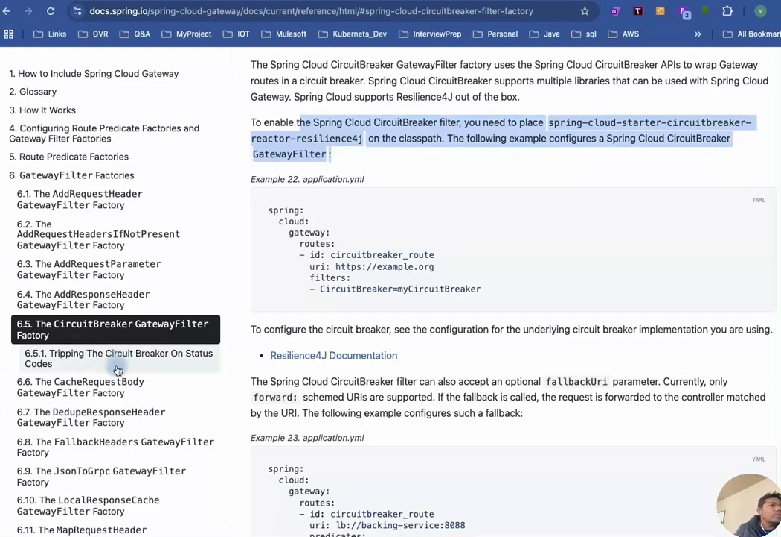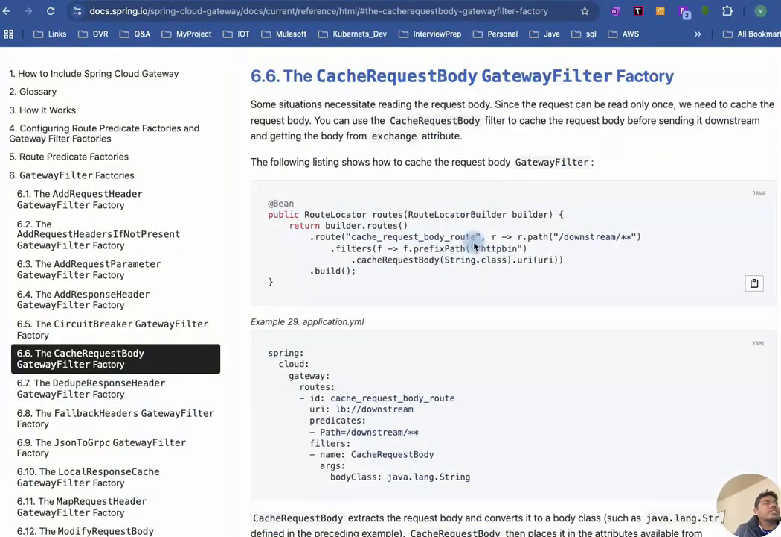Stripping the circuit breaker codes. Okay. Now this is cache. Some situations necessitate reading the request body. Since the request can be read only once, we need to cache the request body. You can use the cache request body filter to cache the request body before sending it downstream and getting the body